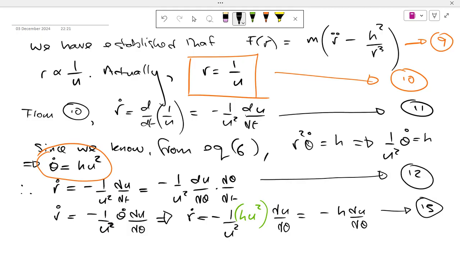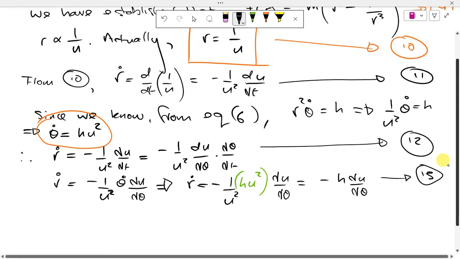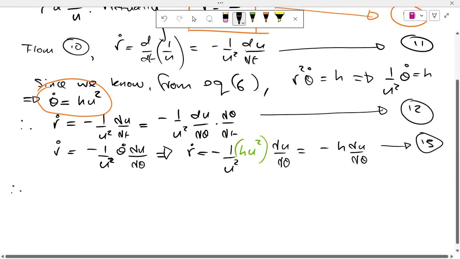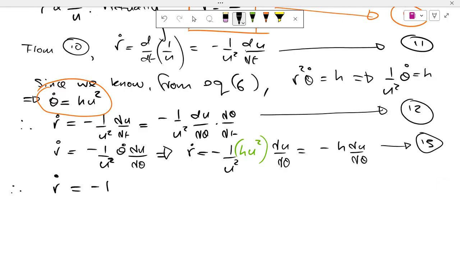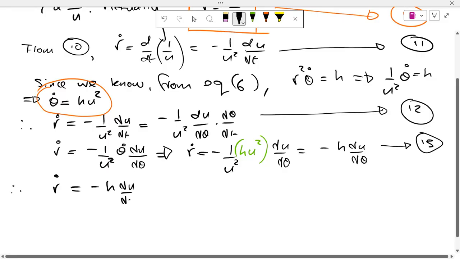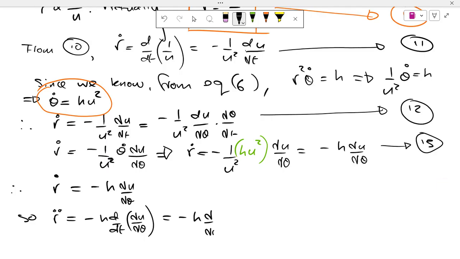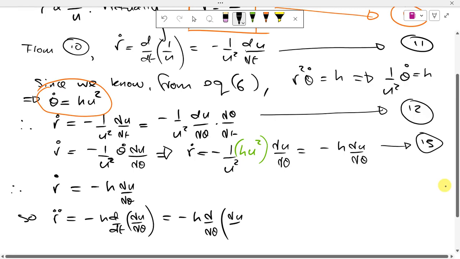So R dot, let's move on to, well, we can probably scroll down a little bit, can't we? Therefore, I'll write it more clearly. R dot is equal to minus h du by d theta. So R double dot is equal to minus h d by dt of du by d theta, which can be rewritten again as minus h d by d theta times du by d theta